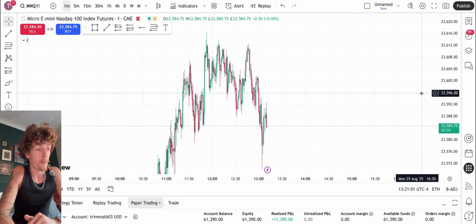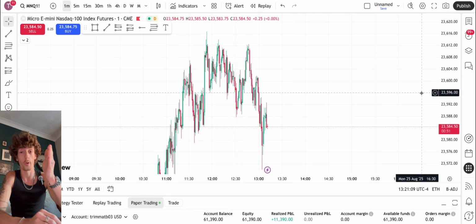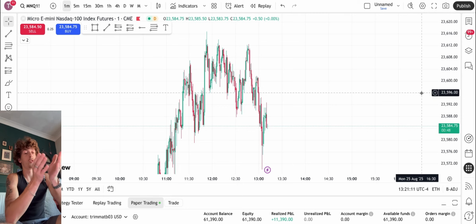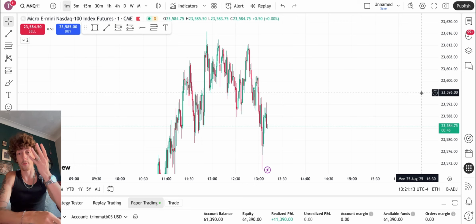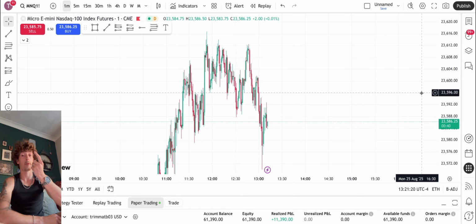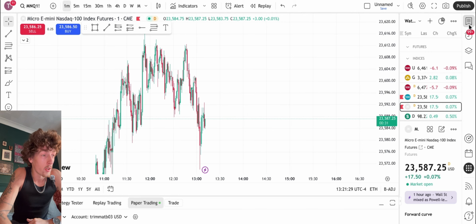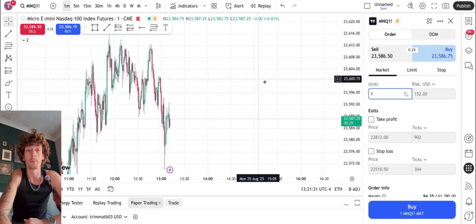So every decimal is a tick, and that is important to remember because every tick is worth $1. So if it goes up in ticks, every 4 ticks, which is a whole pip, is worth $4. So every pip is $4. Every tick is $1. So if we look here, we go on to buy,